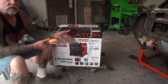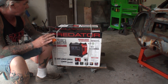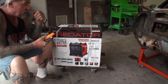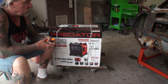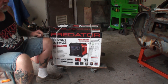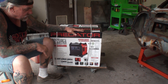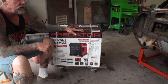owned a generator. I've never been experienced with one. I never thought of buying one, and I needed to buy one because I'm building a shop and doing a lot of construction work at my property out in Utah. Since it doesn't have electricity, I went ahead and bought a generator, but I'm also using a generator for my RV trailer, which is going to be our temporary home when we're out there,